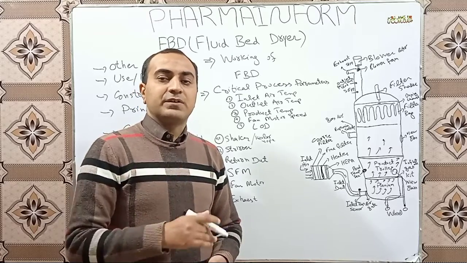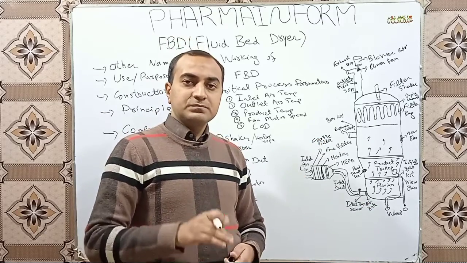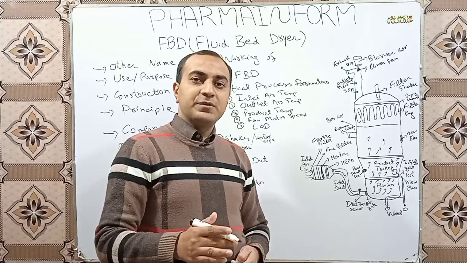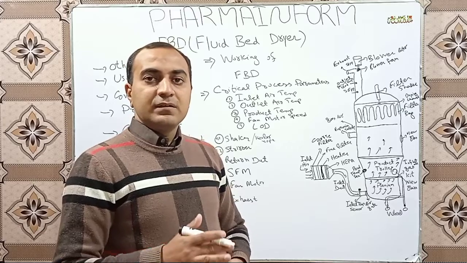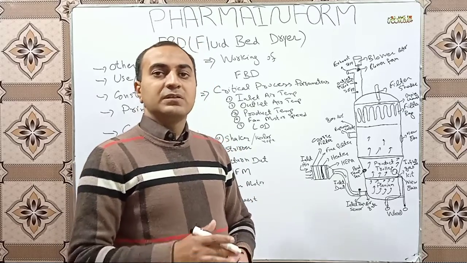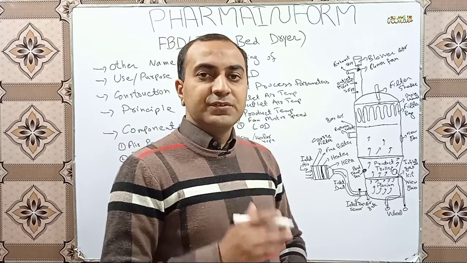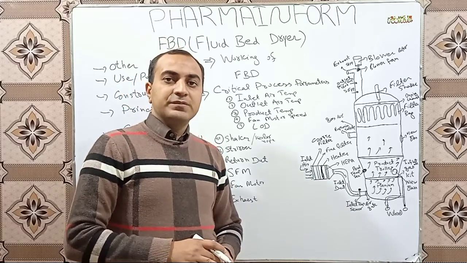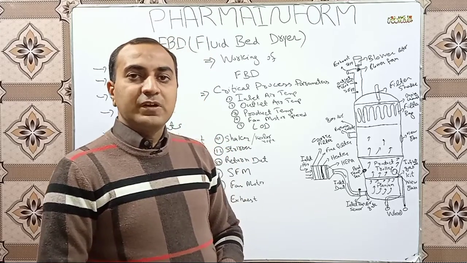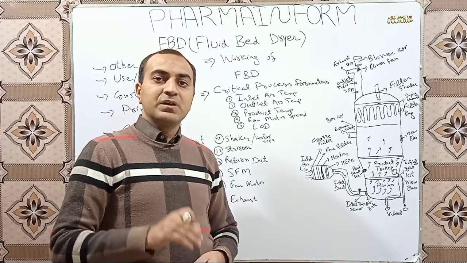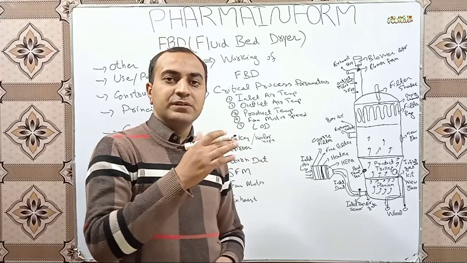which particles settle. To explain this simply, the air carrying capacity means the capacity at which air carries the granules. The carrying capacity of air for granules is larger than the settling velocity of particles or granules. The capacity of air to carry the granules is larger than the velocity at which these particles settle.